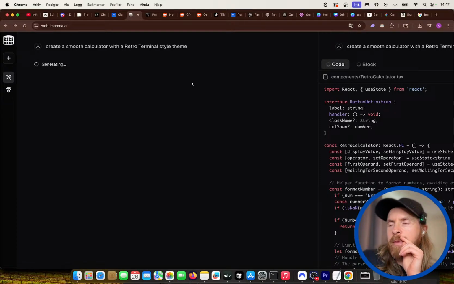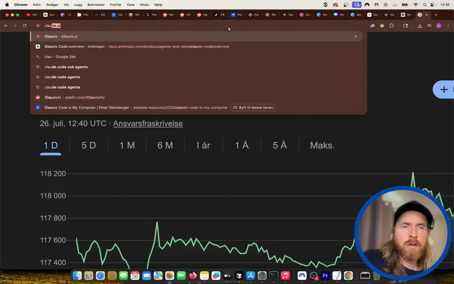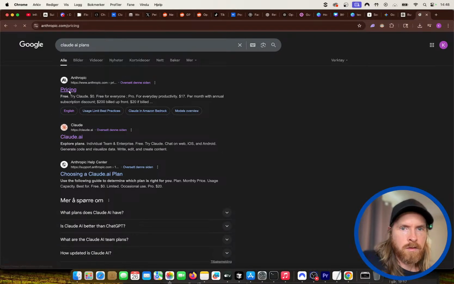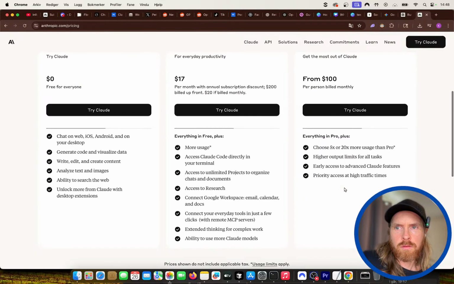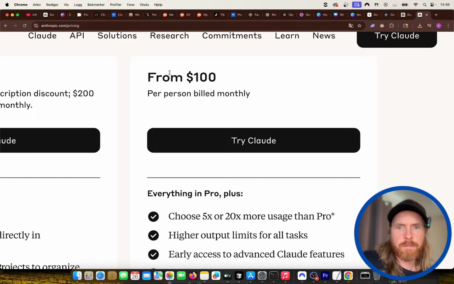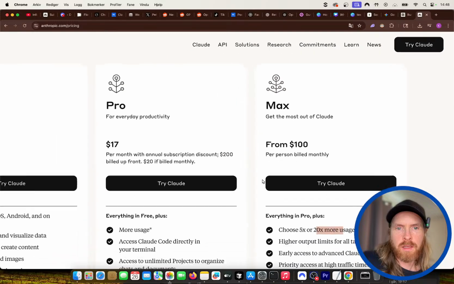How is the limit for Claude Max 100? For me, it's enough. I think it's 5 times more. We can look it up. Claude AI plans. So this is 5 times more usage than Pro, but you could do 20 times more with Claude Code.